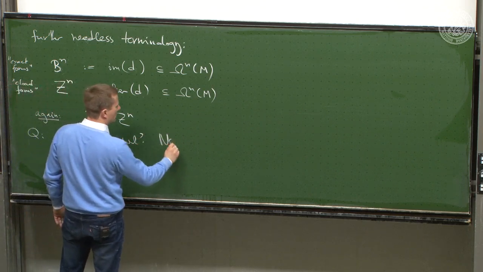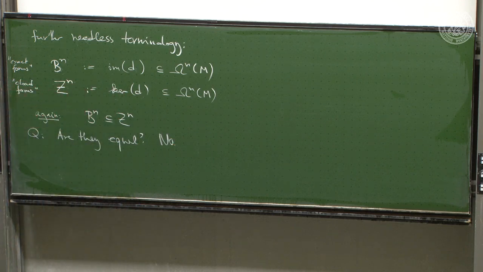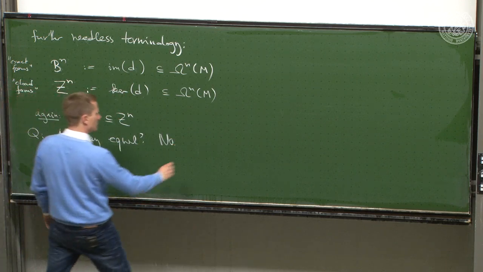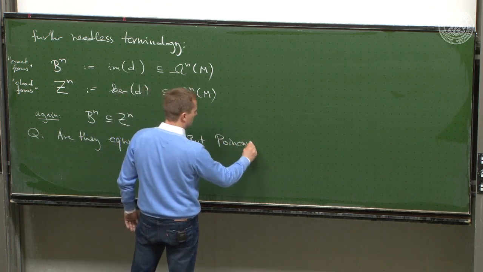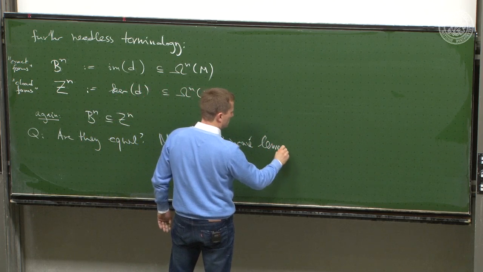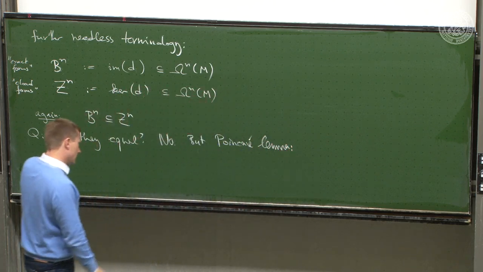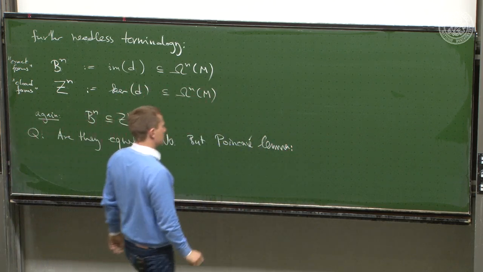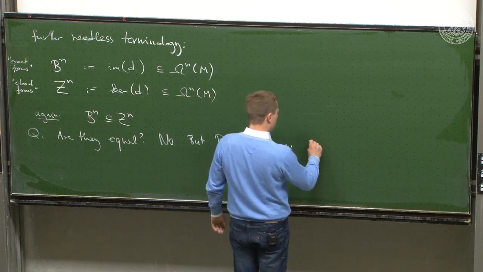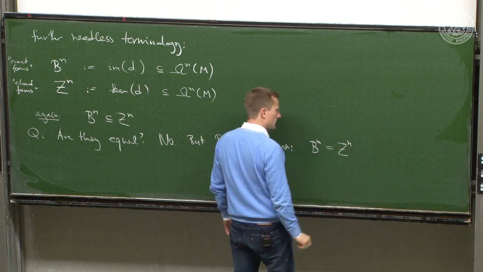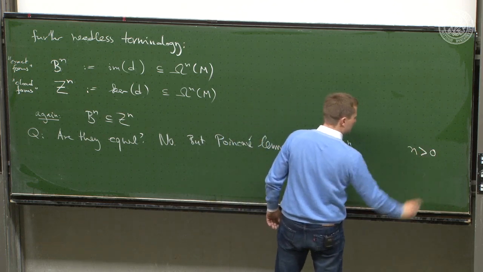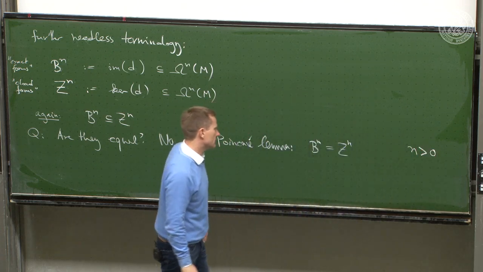The answer is no, okay? But there is the Poincaré lemma, and the Poincaré lemma says that Bn is actually Zn for all n greater than 0, and n equals 0 we look at in a second,